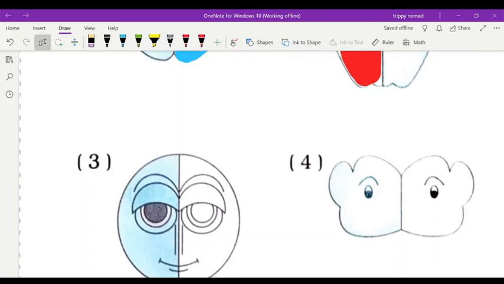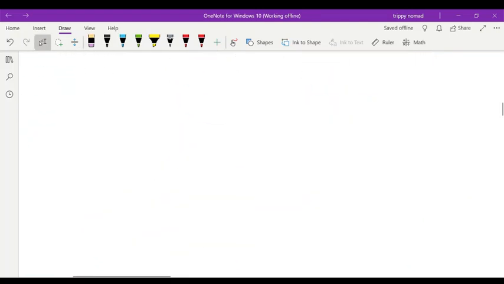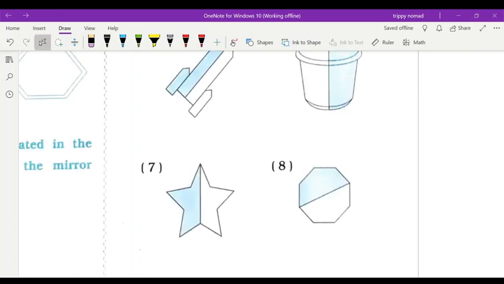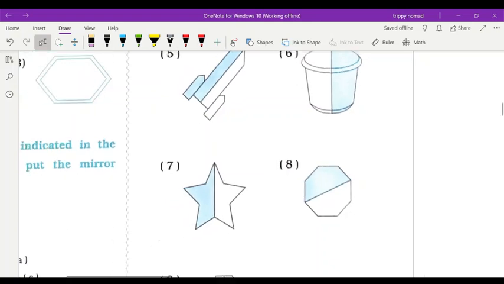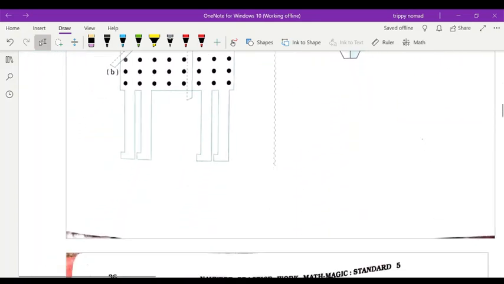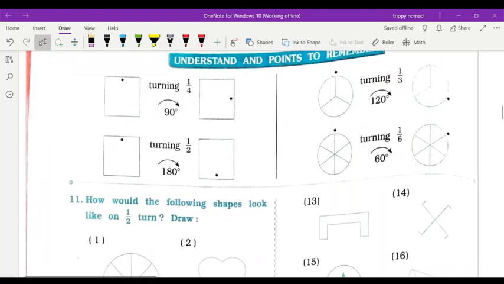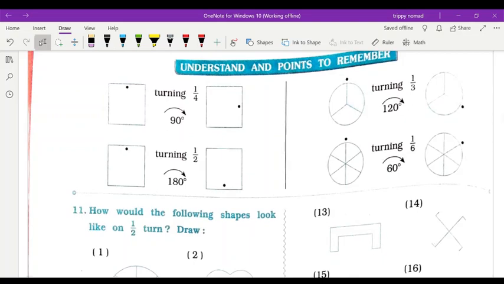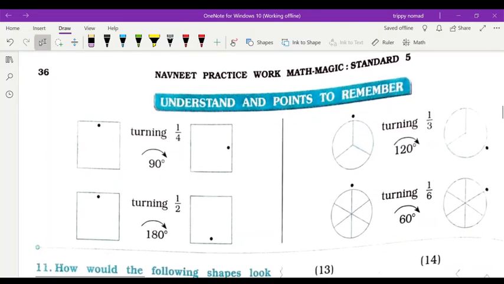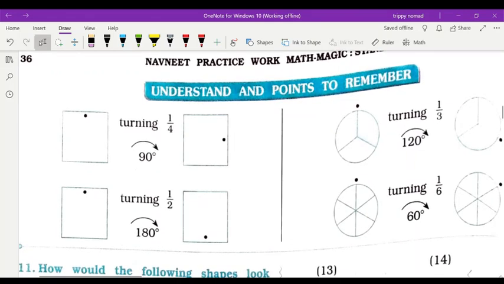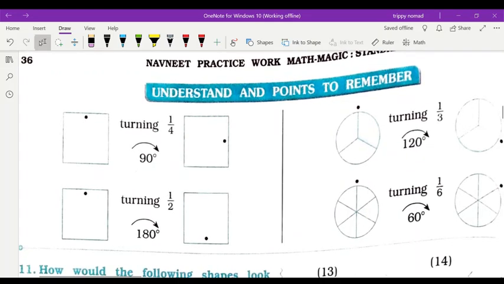Question number, you see, next question is question number, after 10th there is question number 11. I hope you will complete up to 10th question. 9 is an activity, you can do this activity, children. And tomorrow in the next class we will start this rotation question, but only the simple explanation I am giving you, children. Today I am giving you a simple explanation of these turnings, and then in the next class I will start question number 11.